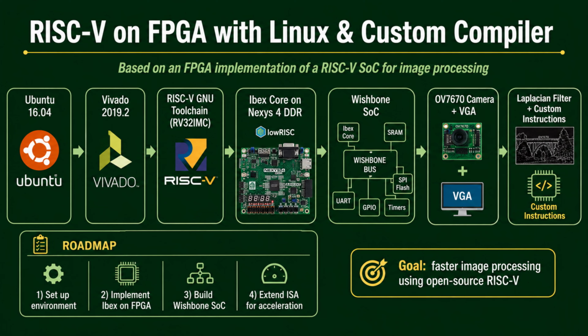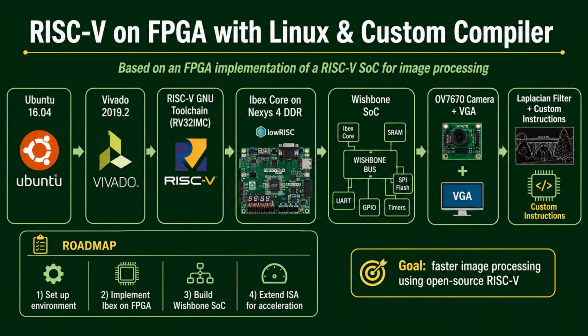A Wishbone interconnect allows the processor, RAM, camera, VGA, and additional hardware blocks to communicate. The practical application used in this project is image processing. An OV7670 camera captures the image. The image is stored in memory, and a Laplacian filter is used for edge detection. Finally, the RISC-V instruction set itself is extended. New hardware operations are added to the ALU, and the GNU toolchain is modified so that software can directly call these new instructions. So the complete flow moves from Linux to compiler to FPGA processor to SoC integration, and finally